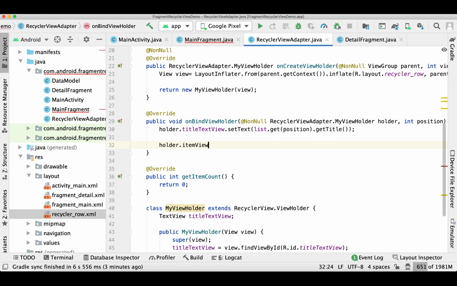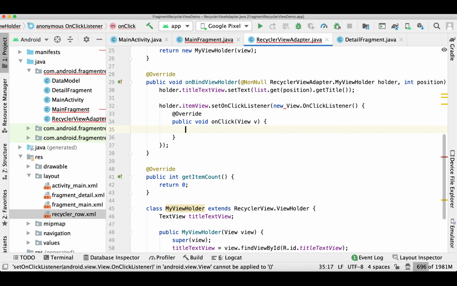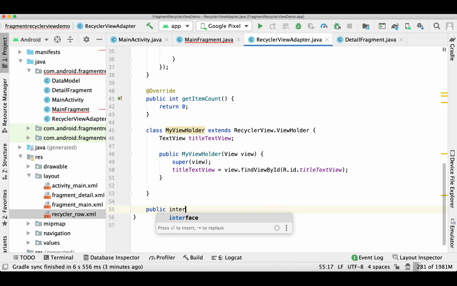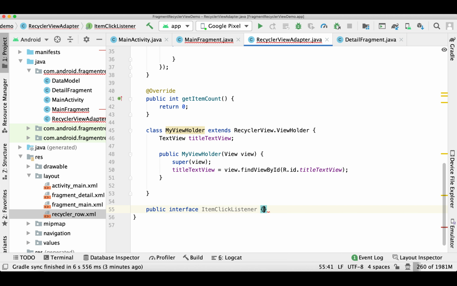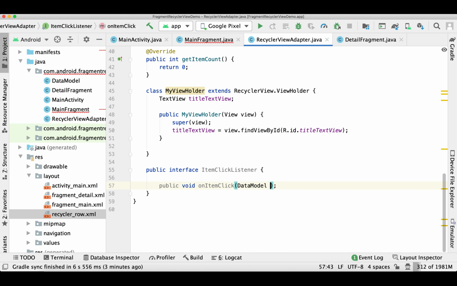And now I'm handling that row click. For that we need to create an interface. So I'm creating an interface, item click listener, and a function, on item click, and this item click will be passing the data model type of object.